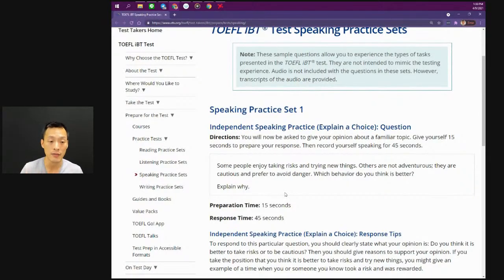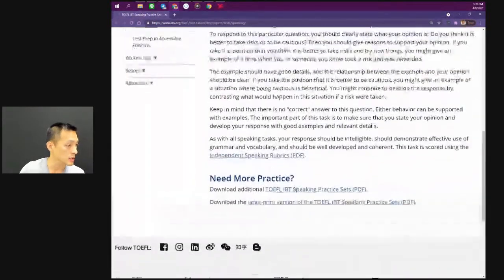So that's the first question, the independent speaking task. Note that they don't provide you any information whatsoever, right? They only provide you the prompt for you to answer, and you have 15 seconds to prepare, which to some of you might not be a long time, and only 45 seconds to respond. Okay. The second kind of question would be